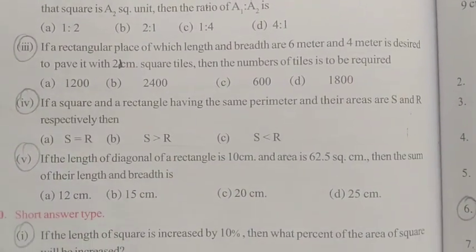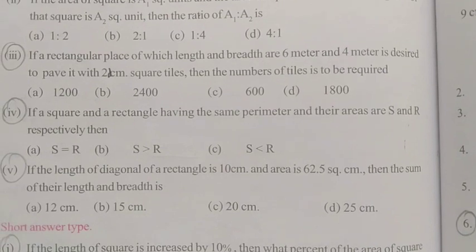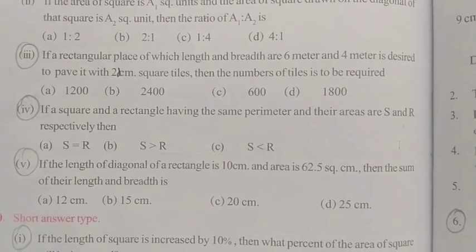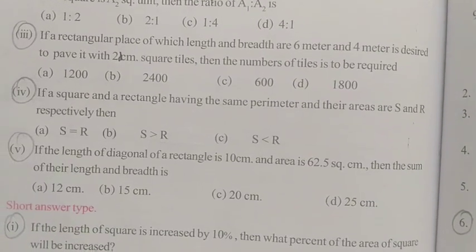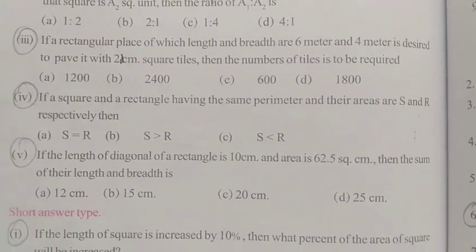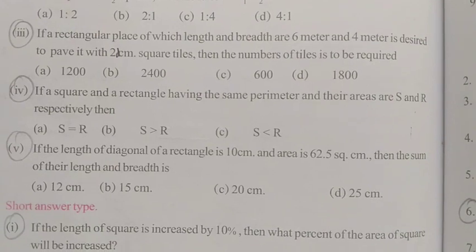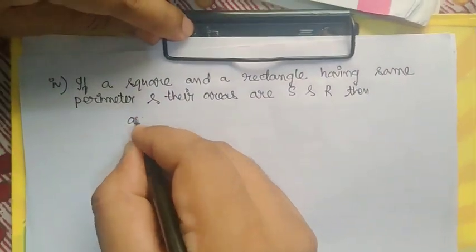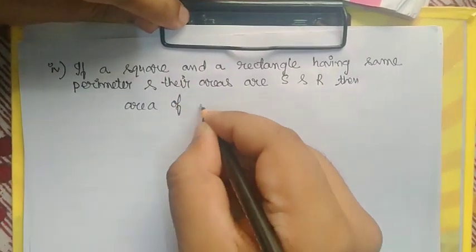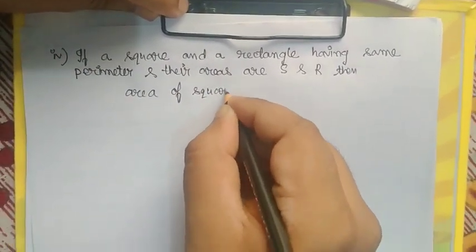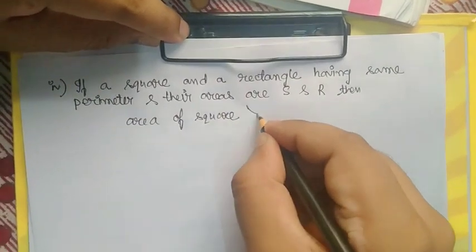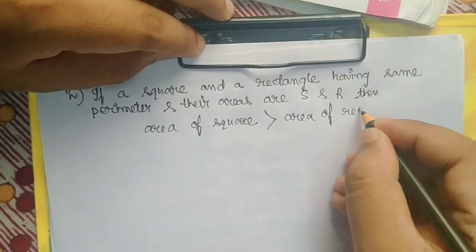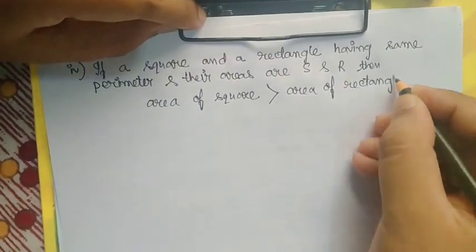So first of all, it's a short question, an MCQ type question, correct alternative, or I guess this question can come in the fill in the blanks also. So therefore this is a 1 mark question. The answer is here, area of square always greater than area of rectangle. This is the answer, but the question is why.